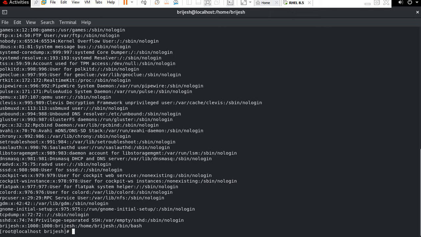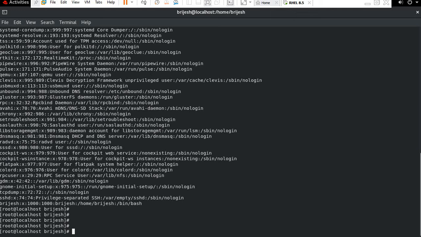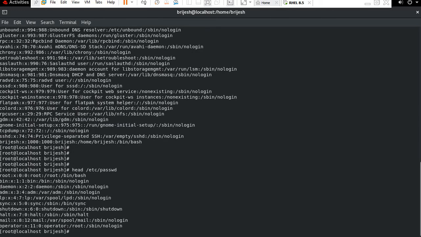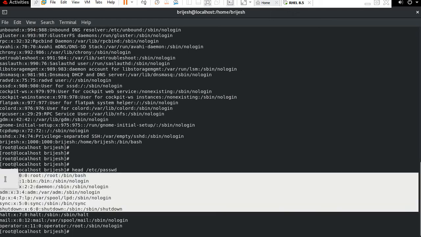Okay, now to check the upper 10 lines we have the command head. Head space /etc/passwd, then press tab, so it will automatically complete the full word. Okay, then press enter, so it will show the upper 10 lines guys, you can see here from here. Okay, upper 10 lines.